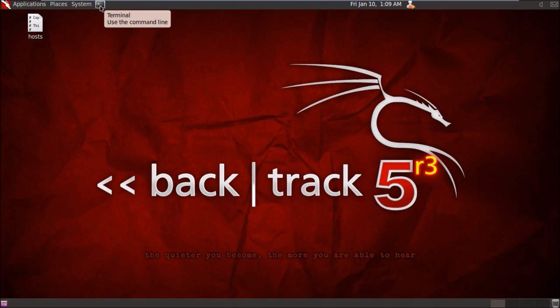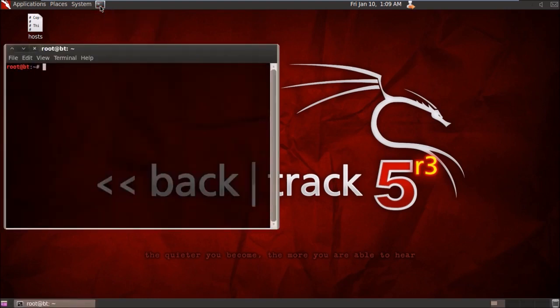Now Metasploit is a very powerful tool provided to you by BackTrack. Numerous goals in hacking can be achieved using Metasploit. One of them is hacking someone else's system using Metasploit. For that, open your terminal, type in msfconsole, Metasploit framework console.